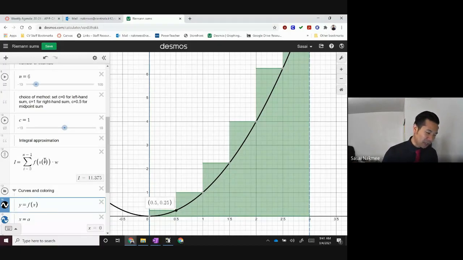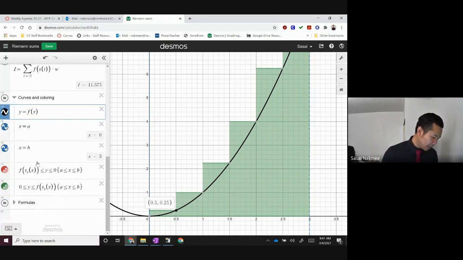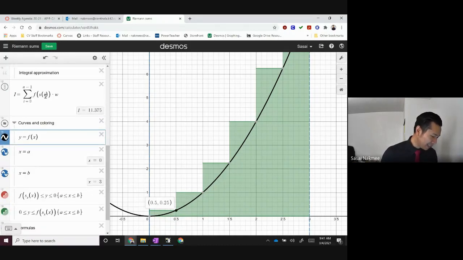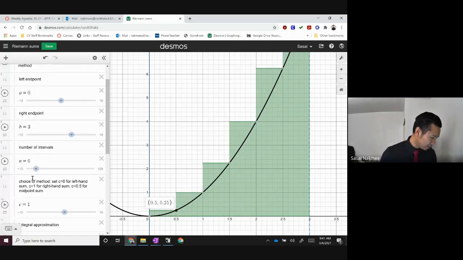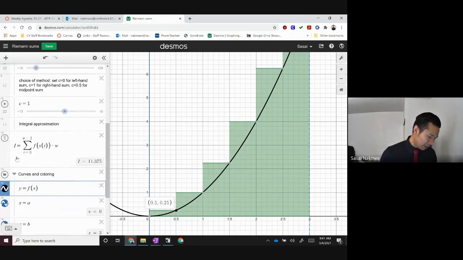But it's close enough. It's equal to the function value of s of i, which is defined to be this function over here, I believe. I actually don't know too much about this coding right here, but it's the same idea.